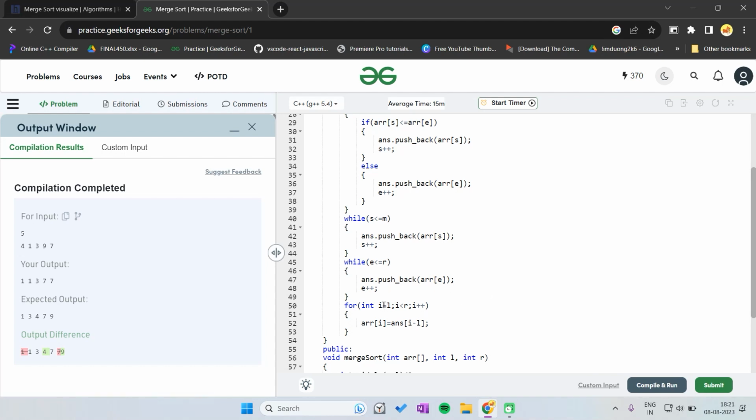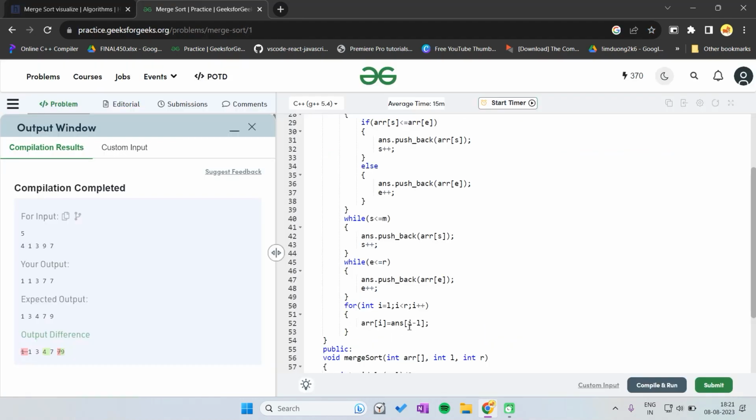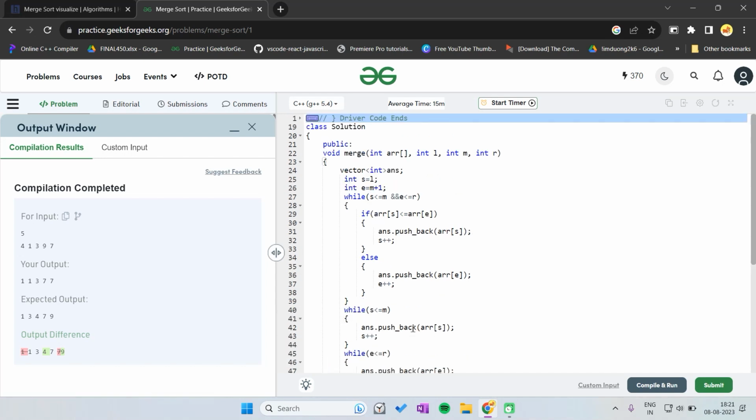And we are running the loop from L to R. I was using ARR of I, because in the case of this, I is zero, but in the case of this, I is not zero, so the error is in the answer of I minus L. So I think this for loop is correct. If there is some error,